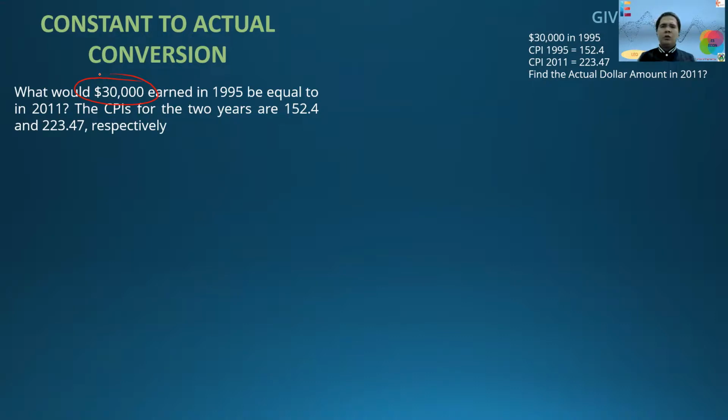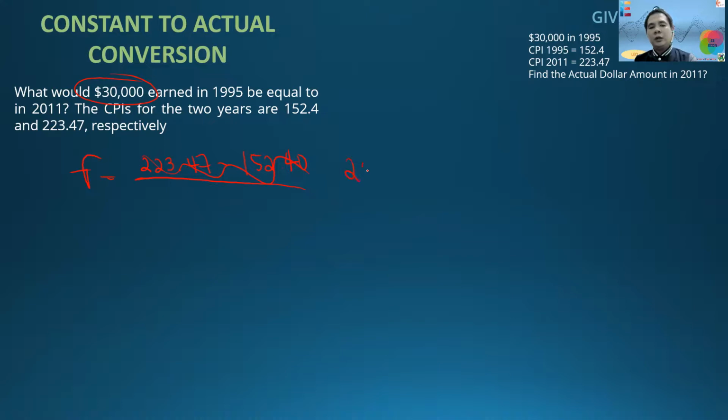Since we are not provided any inflation rate, and we are provided with CPIs, we can compute for the general inflation rate. So the general inflation rate is equal to 223.47 minus 152.40 over